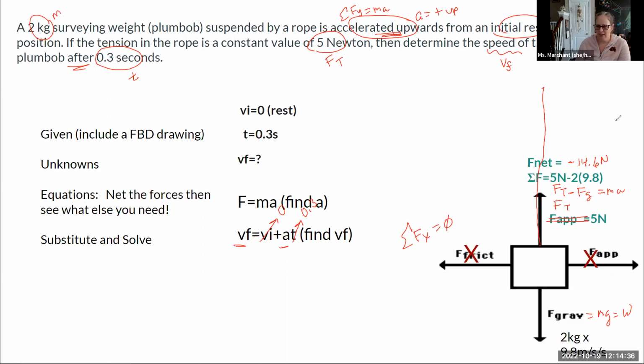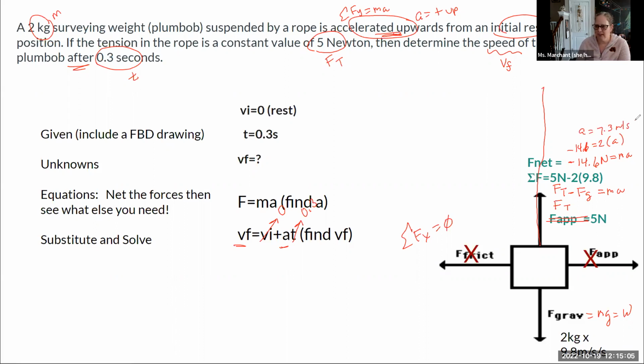That is because of the direction that we are going. Okay, what's next? We need to factor in my mass and my acceleration. So negative 14.6 is equal to mass times acceleration. Negative 14.6 is equal to, what's our mass? 2 times acceleration. So my acceleration is